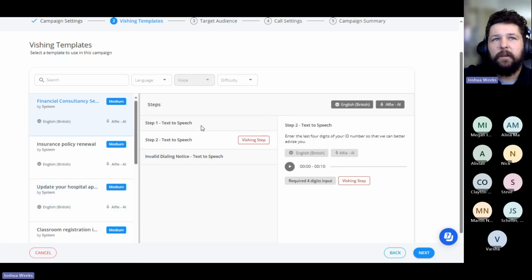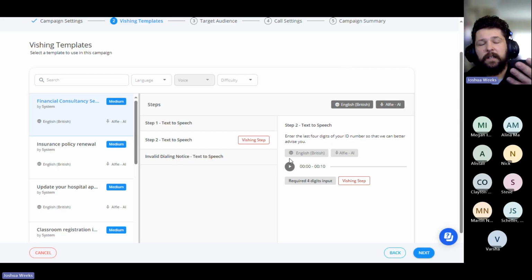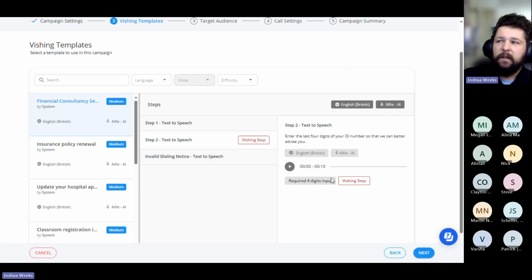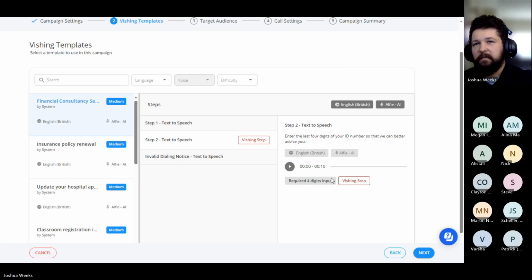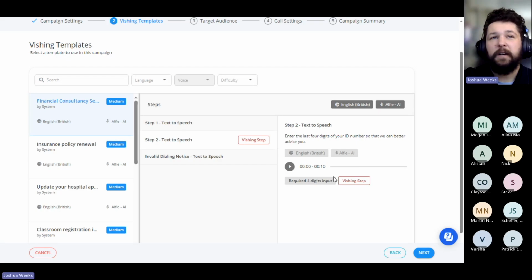You'll see here too that with our number of steps, it says required digits to input. We're not keeping track of any sensitive information that employees or users are entering when they interact with our simulations here. The best way to prove this is, it says right here, required digits to input. We're asking for, in this case, your 4-digit ID number, but technically the end user could put in 4 random digits and they would still be considered phished because they entered the correct number of digits instead of the incorrect number of digits. And that's what allows them to move to the next step.